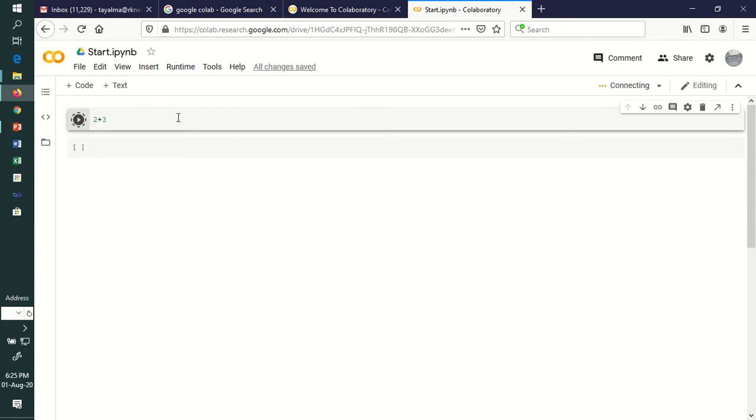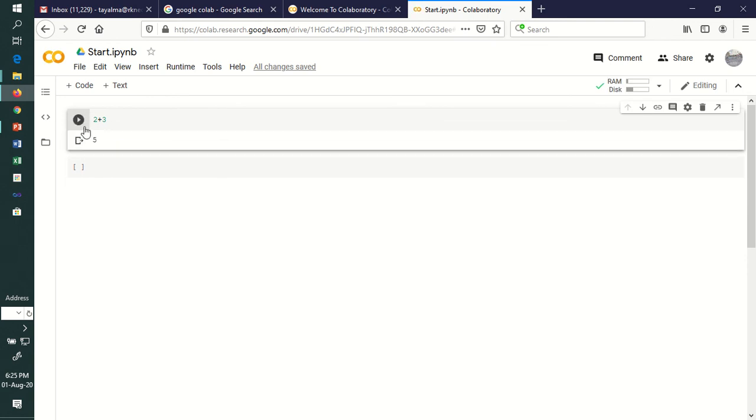So this is what we can call a simple Python file, and you can write that here. The command on the left hand side, this arrow with the triangle, is Run cell. Whatever you type here you can run by this triangle, and this is called run cell. This window is for coding.